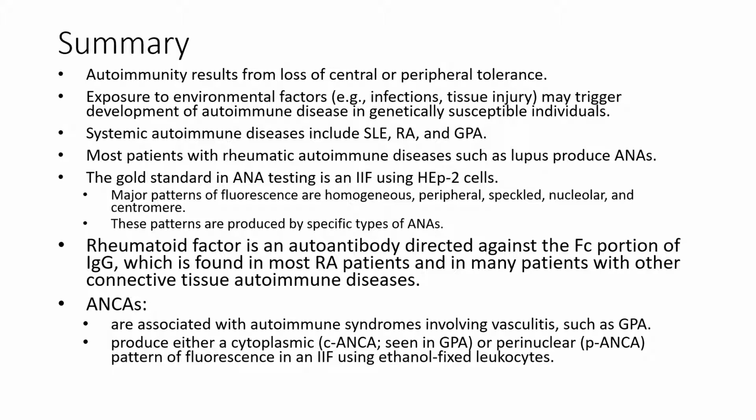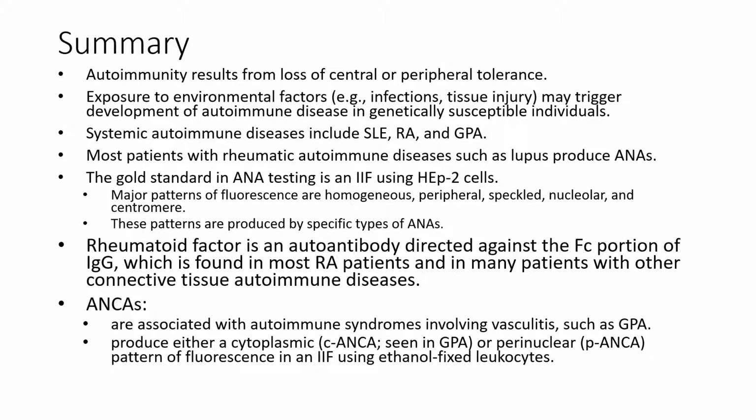And to summarize, we have the glomerular disease, rheumatoid arthritis and systemic lupus as our major examples of systemic autoimmune disease. The ANA is the gold standard. You should recognize the patterns and know them. Again, we don't need to memorize every single antibody for systemic lupus, but to know in a general sense that in addition to double-stranded DNA antibodies, there are a host of other ones, and they can be referred to on the chart.